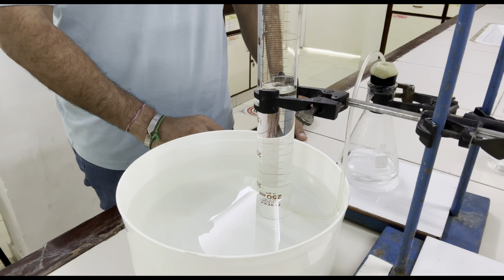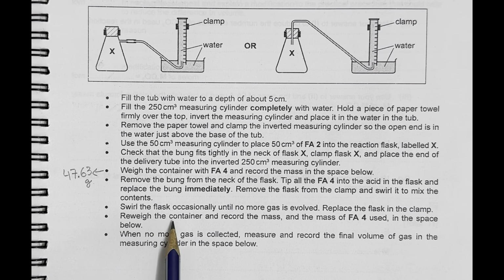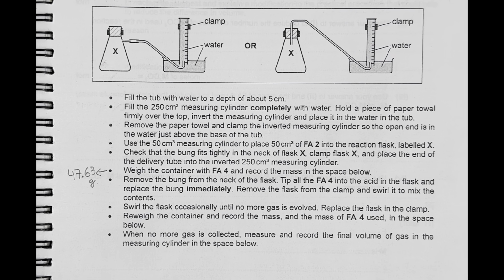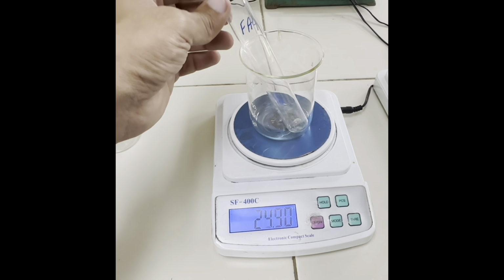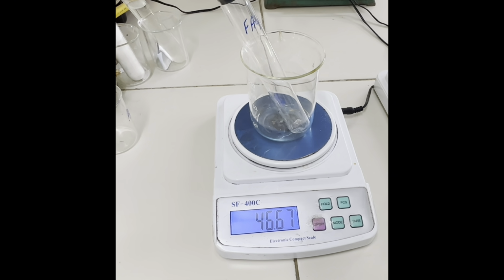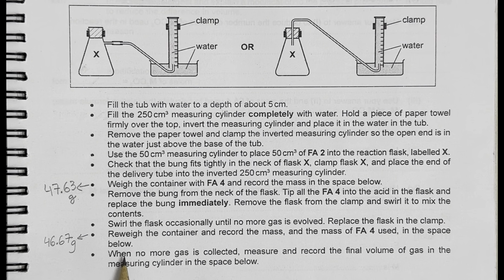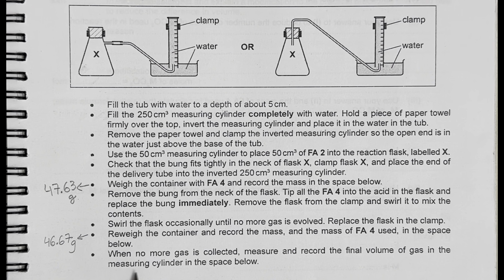Now the reaction is completed. Now reweigh the container and record the mass and the mass of FA4 used in the space below. Mass of container with any residual FA4 is 46.67. When no more gas is collected, measure and record the final volume of gas in the measuring cylinder in